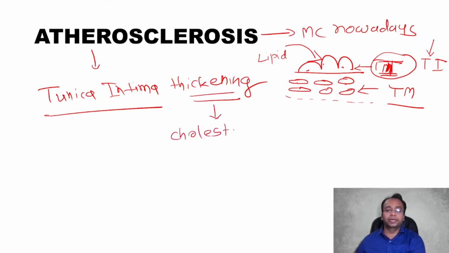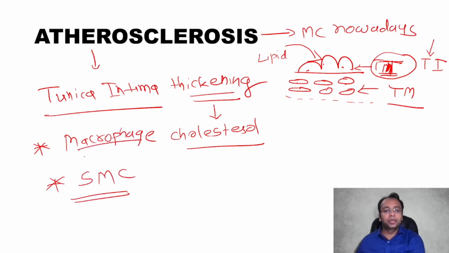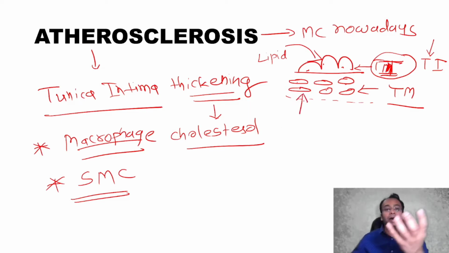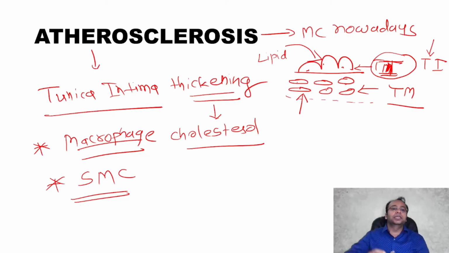is cholesterol type or cholesterol ester. And here the lipid is getting accumulated in two cells, macrophage and smooth muscle cell. These two cells will contain the lipid within it. Yes, don't get surprised. The smooth muscle will also imbibe the lipid within it. The macrophage has the scavenger receptor by which it can imbibe the lipid. So macrophage and smooth muscle cells will take the lipid within it, and there will be intimal thickening, that is